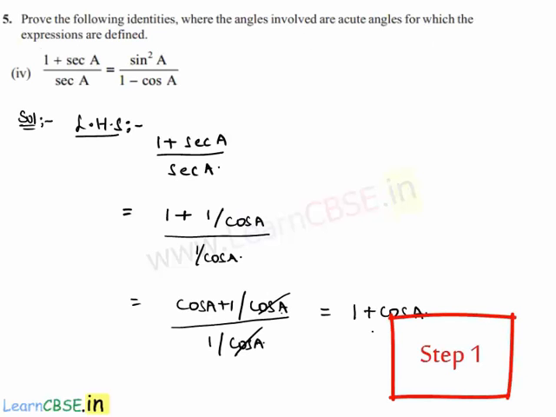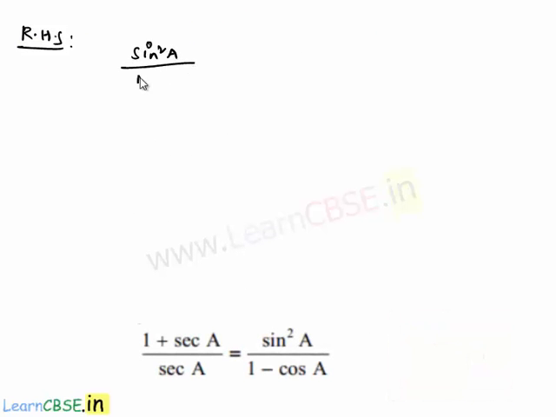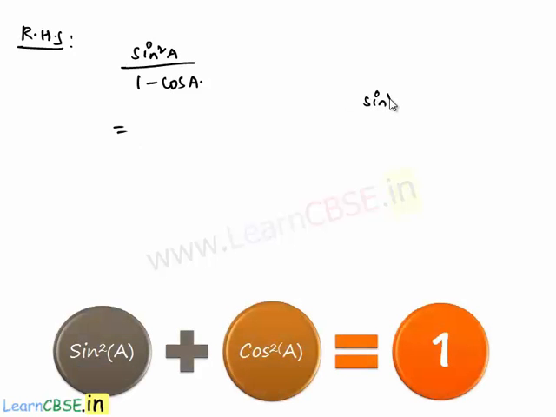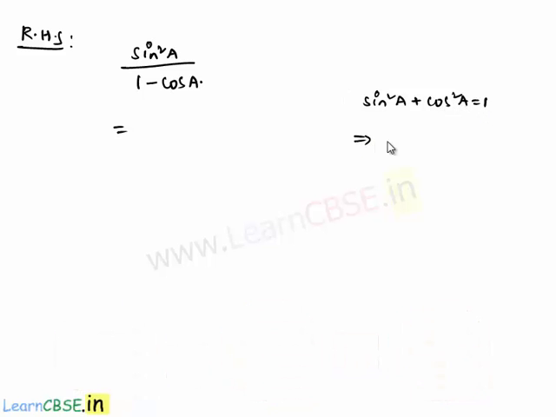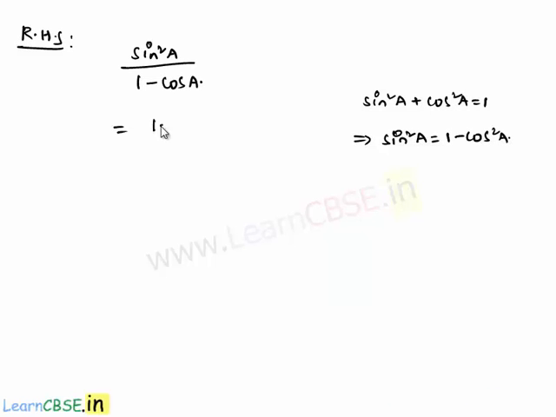Similarly, let us also simplify the right hand side, that is sin square A whole divided by 1 minus cos A, which is equal to, here we have an identity that sin square A plus cos square A is equal to 1, which implies sin square A is equal to 1 minus cos square A. So by replacing sin square A as 1 minus cos square A, divided by 1 minus cos A,